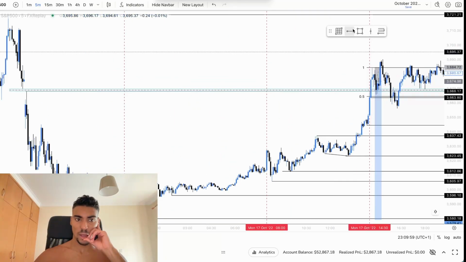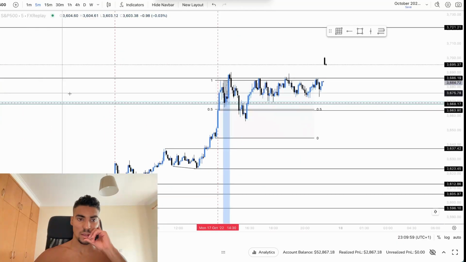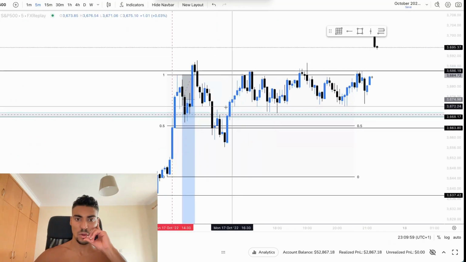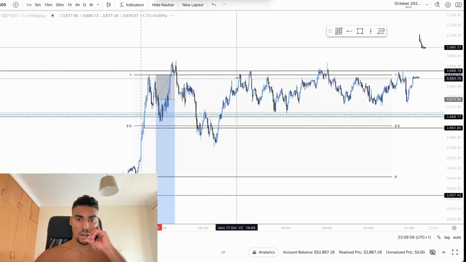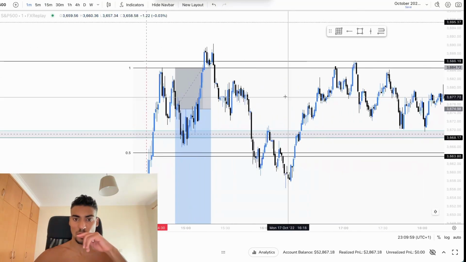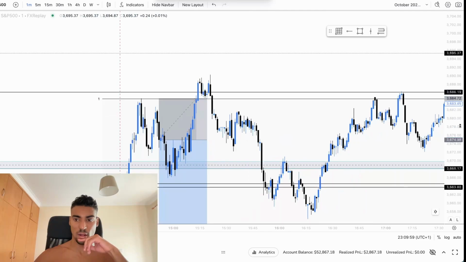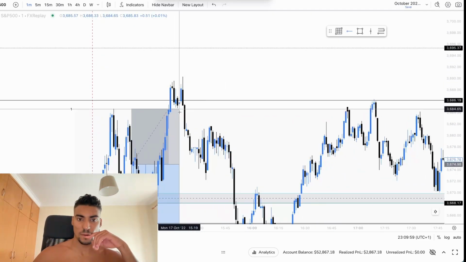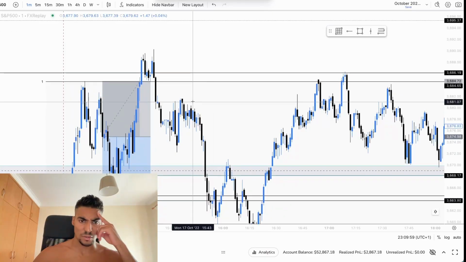The only thing that we could have looked at is these new day highs that we did not sweep out, so it was probably that we were going higher to sweep them out, then move lower after that. That was exactly what happened, but I don't think we'll get an entry. Liquidity sweep right here, we got a backup structure right here, boom. I don't think we get much of an entry otherwise.